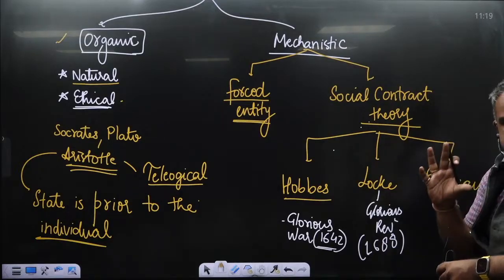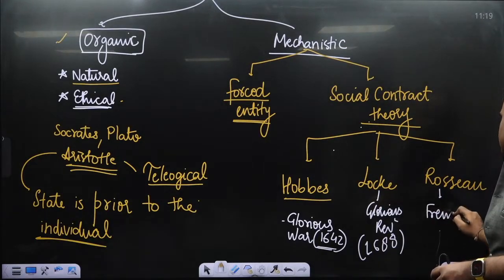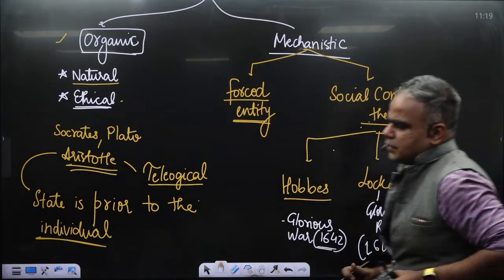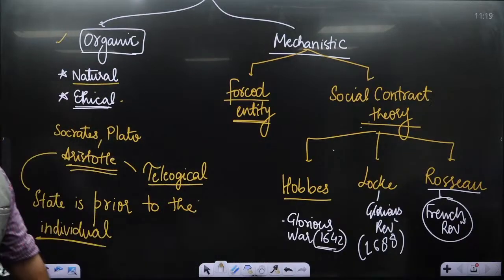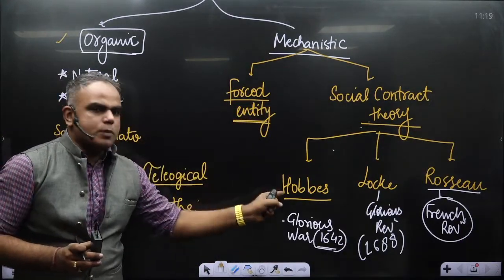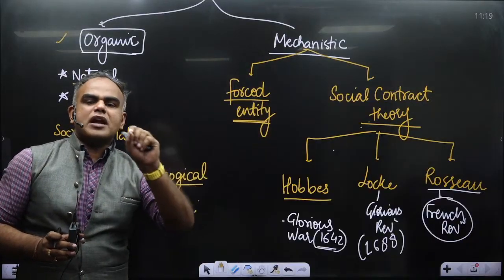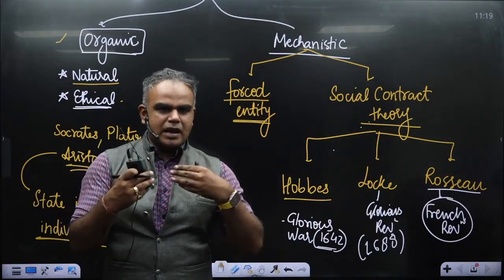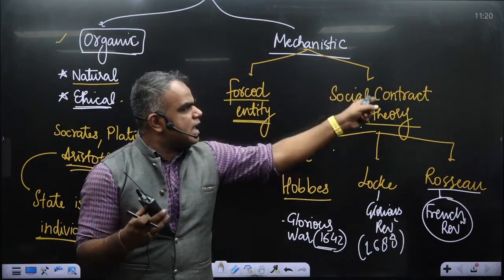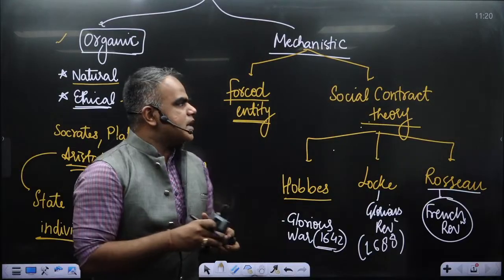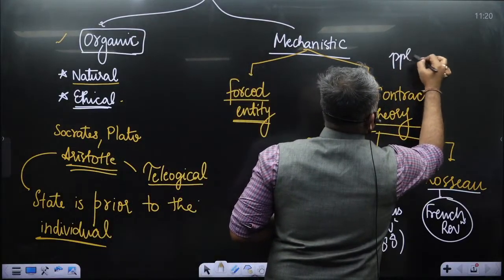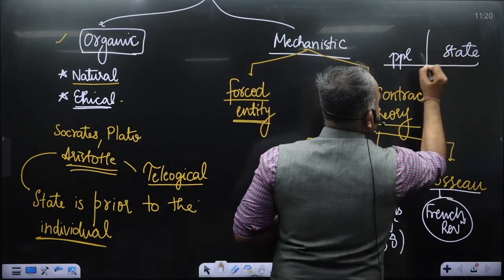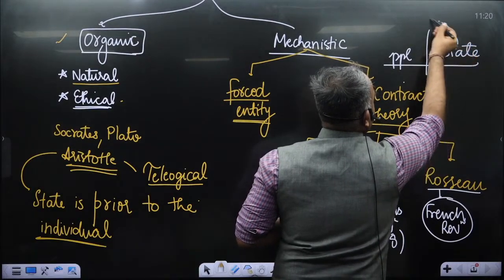And for Rousseau, we just remember the French Revolution. Rousseau's thoughts etc. were very prominent in the French Revolution. Now look, whenever you write Hobbes, you can always say social contract theorist like Hobbes. Now what is a social contract? It's not that we actually went and created a contract. It is again a hypothetical concept: that if there are people and there is a state, there is a contract between them, and in this contract the state is providing protection.